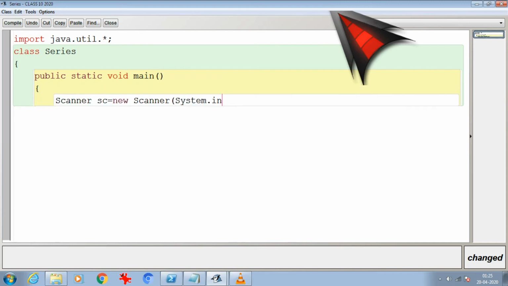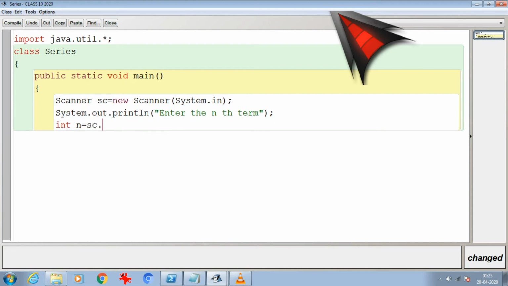And then in the next line I'm writing System.out.println, in the bracket, enter the nth term. That is what I have to ask from the user. So int n equal to sc.nextInt().